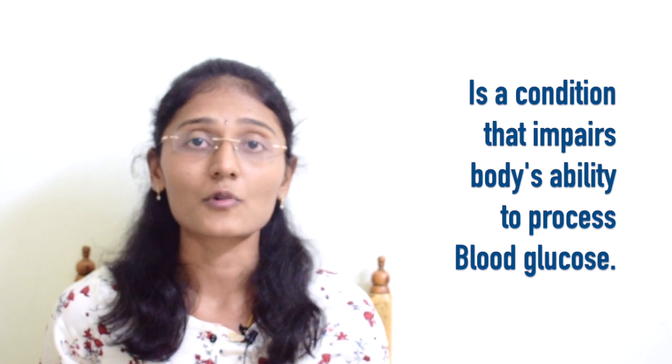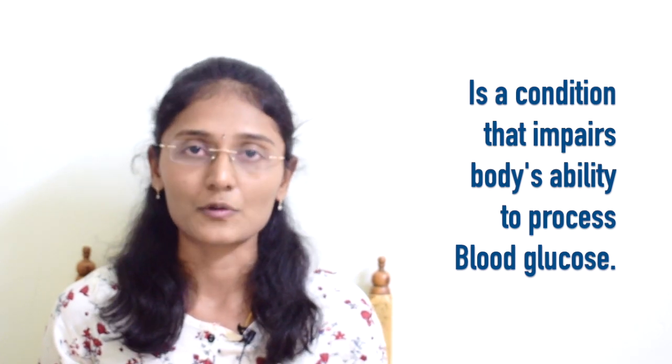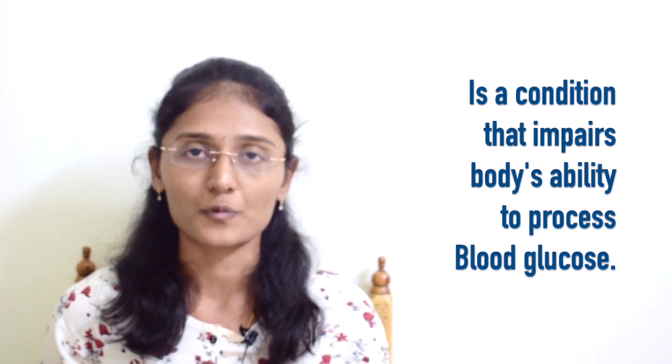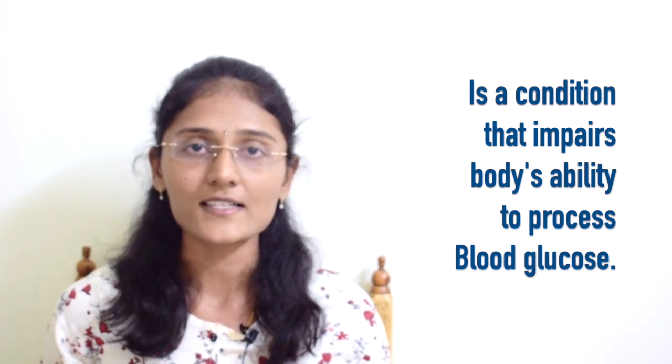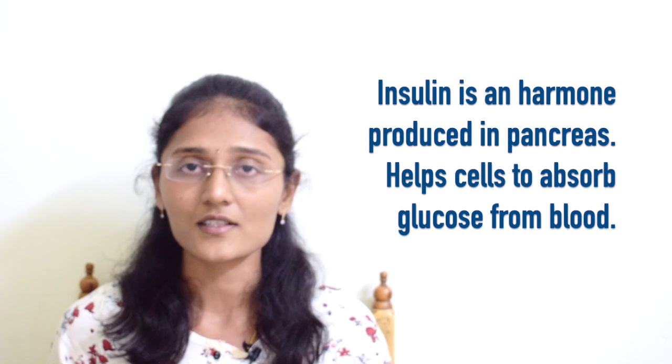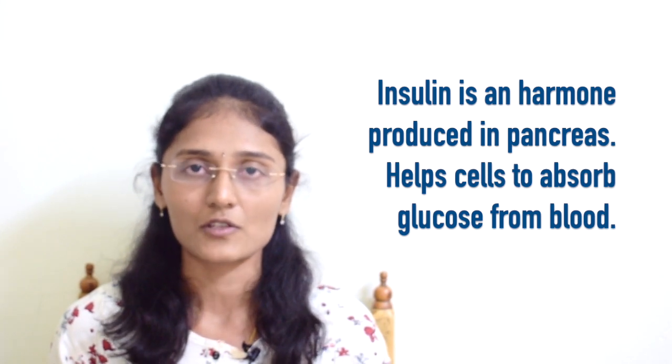What is diabetes? This is a condition that impairs our body's ability to process blood glucose. Glucose is a form of sugar that we get from the food we eat, and it acts as the main source of energy for the cells in our body. So how do the cells in our body get the glucose from the blood? Here comes the hormone insulin. Insulin is the hormone produced by the pancreas, and it helps the cells to absorb the glucose